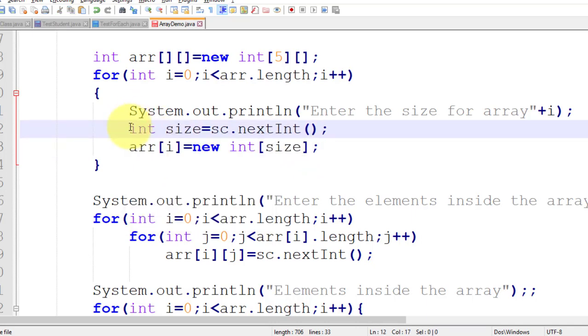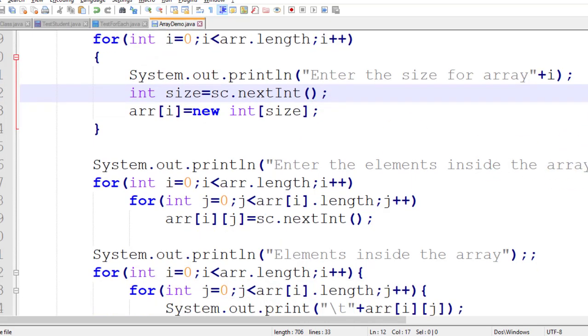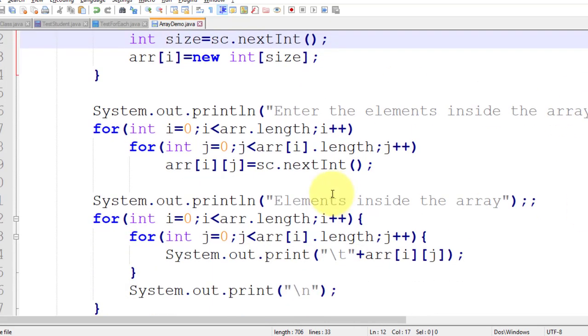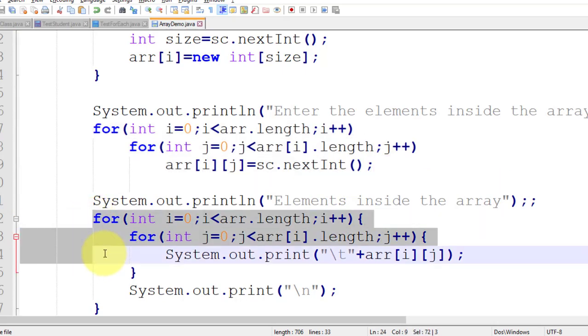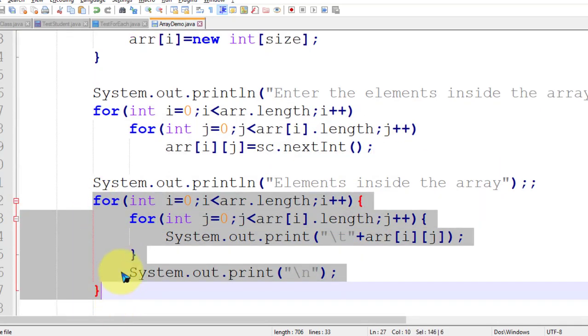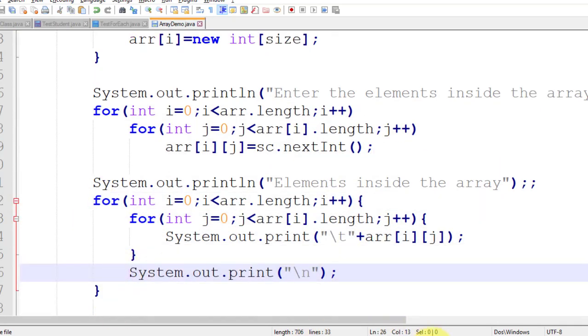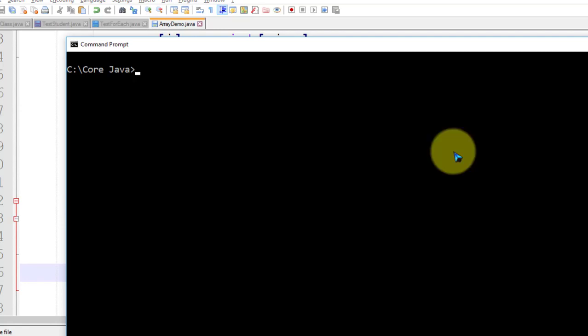This is the integer. Okay, and then here I'm taking the value into the array from the user, and here I'm just printing the array. Are you getting it? Okay, so now just compile the program.